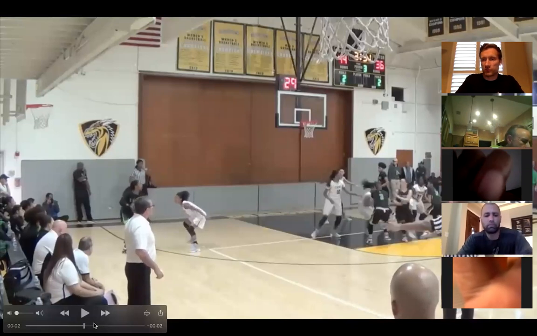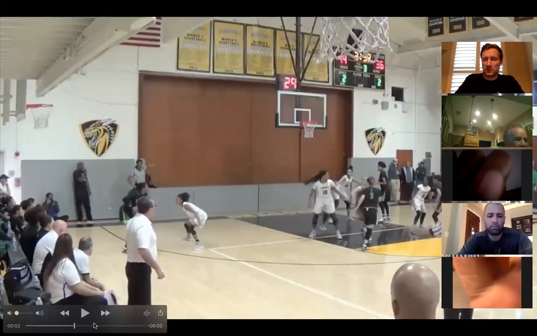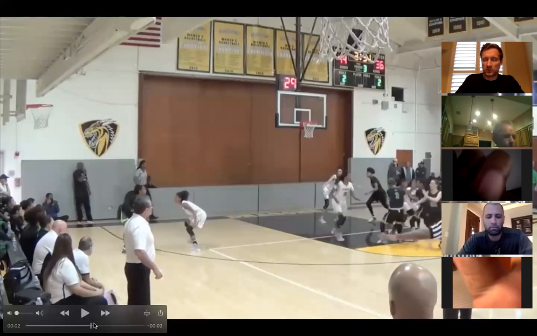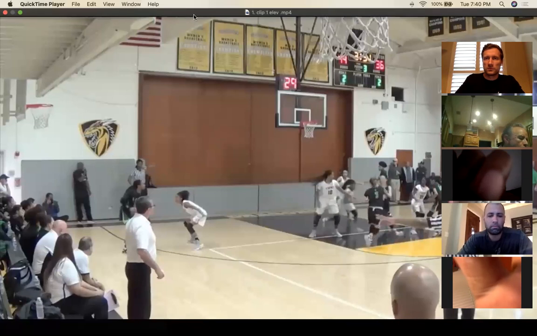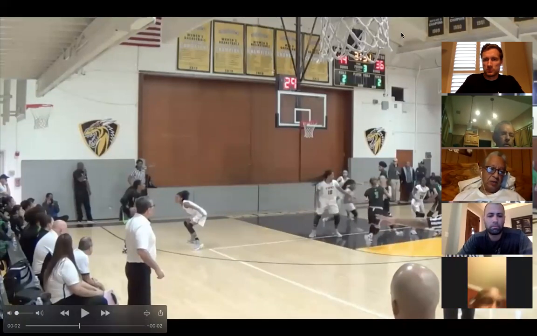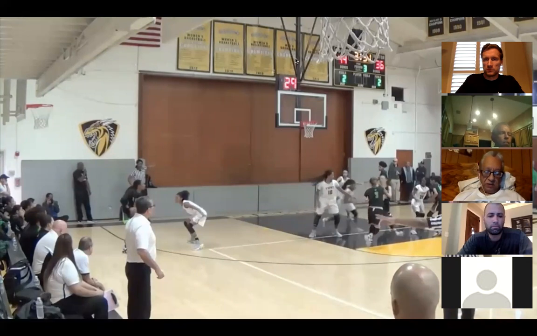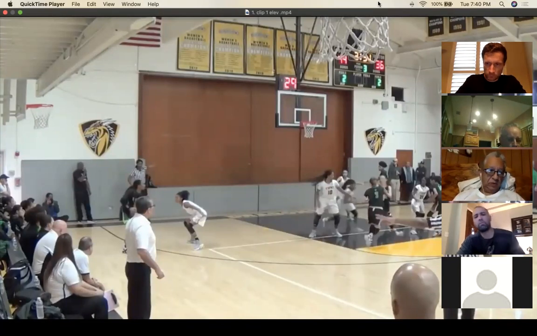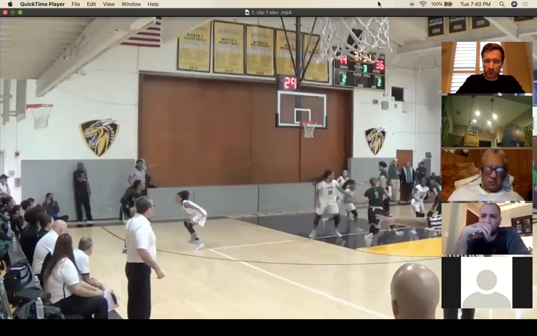Does anyone have anything different? So Brad has a legal screen saying 3 is not set and going into the defensive player. Anybody have anything different on this? One thing I got on that illegal screen is that there's no time to react as far as to avoid the screen. You say time, so we're talking time and distance, right? Correct. Right. So I'll touch on it real quick, and then Reggie, you can go next.